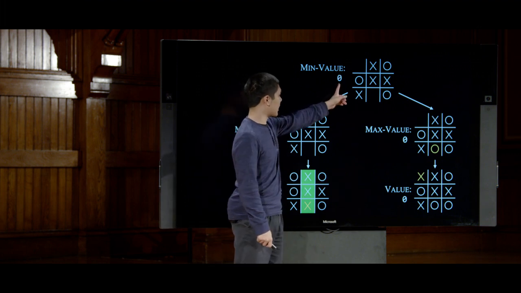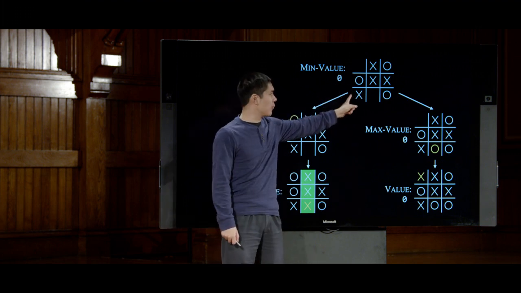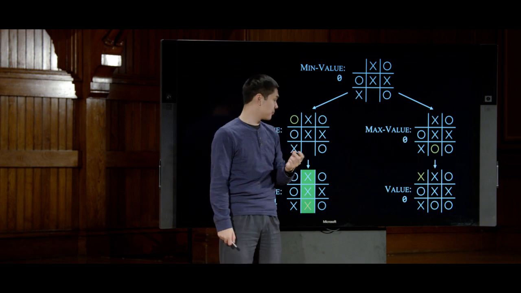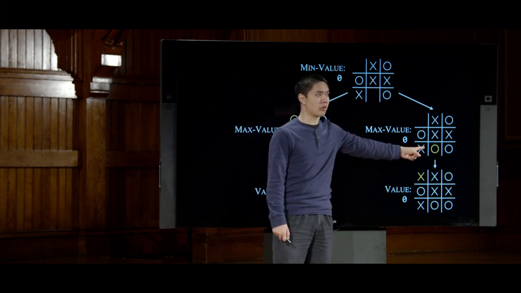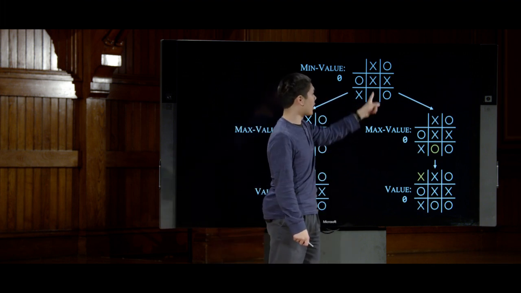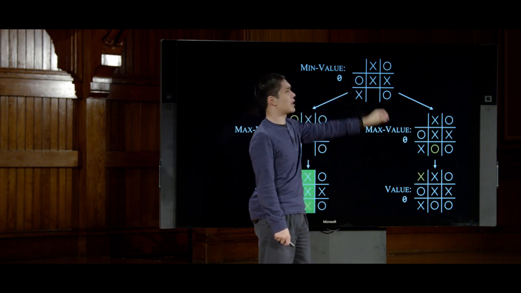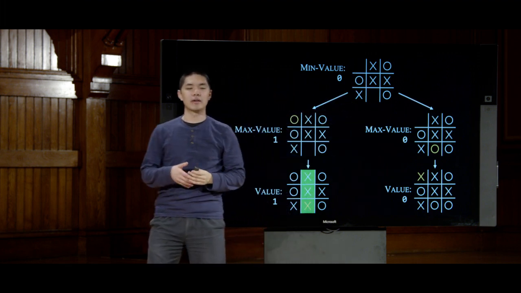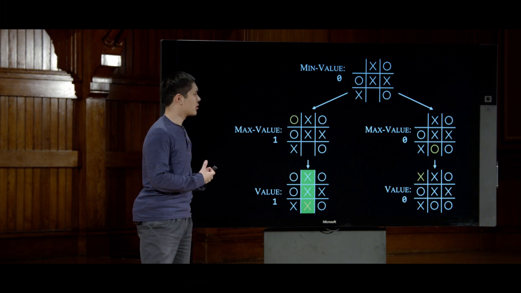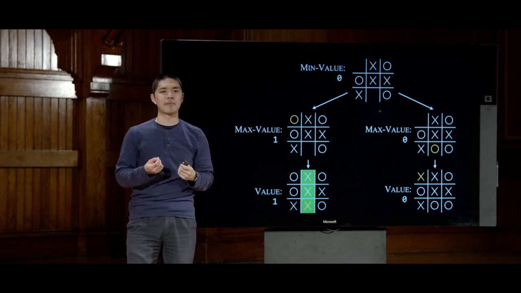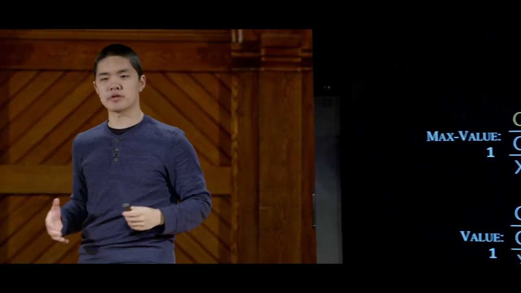And so this game board, we'll say, also has a value of 0, because if I am playing optimally, I will pick this fork in the road. I'll place my O here to block X's 3 in a row. X will move in the upper left, and the game will be over, and no one will have won the game. So this is now the logic of minimax, to consider all of the possible options that I can take,